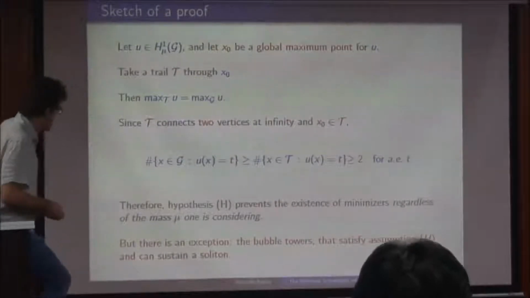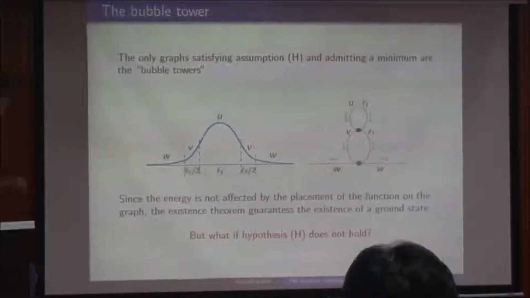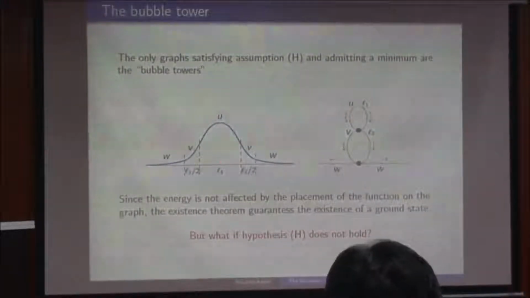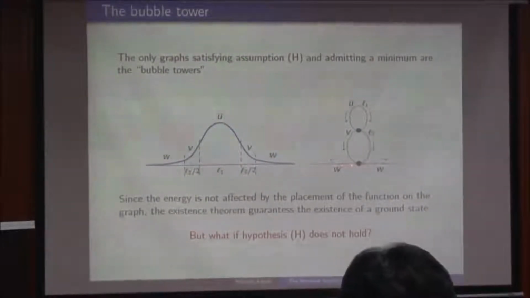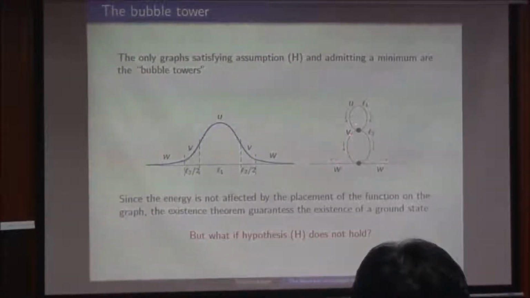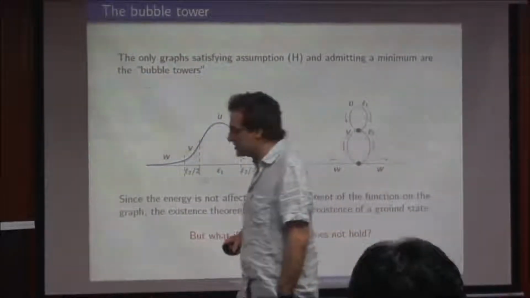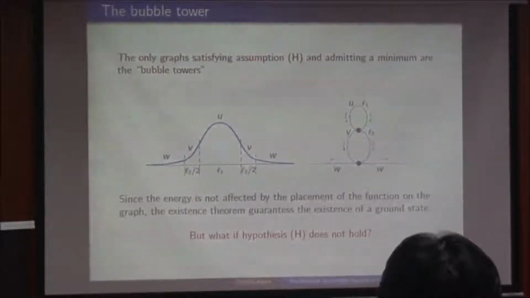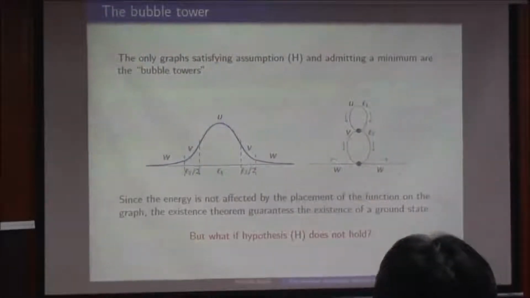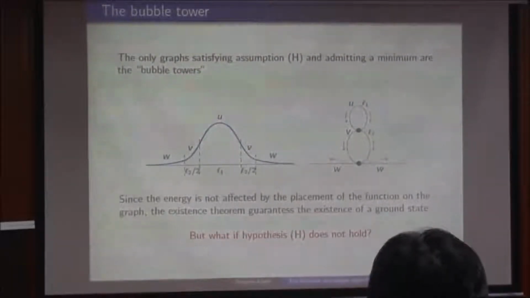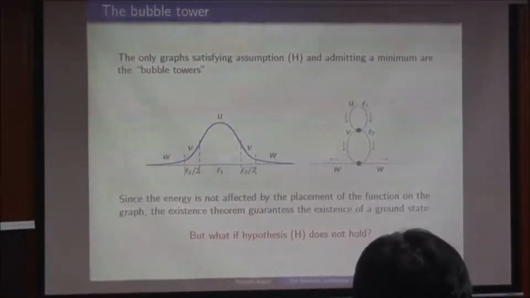Okay. But of course, there are bubble towers, and now let me tell you why for bubble towers. Notice that the bubble tower fulfills hypothesis H. Okay? For any point there is a trail passing through that point and connecting the two infinities. But what we can do in this case is just cut the soliton in pieces and glue it on the bubble tower. It is quite simple,